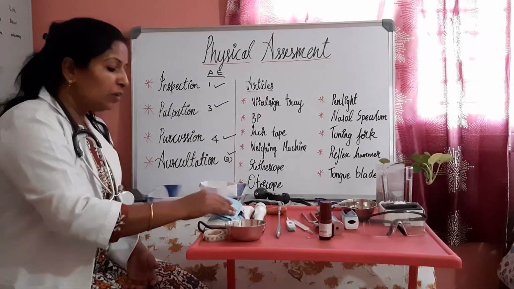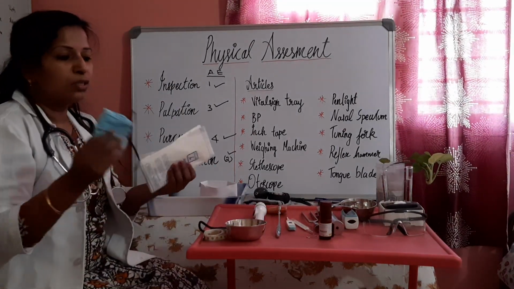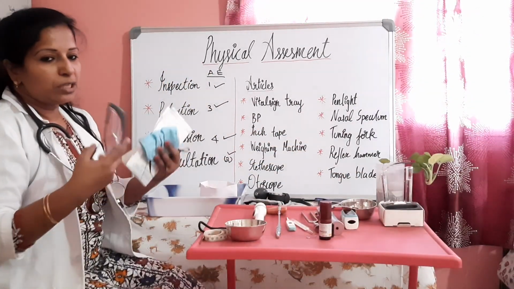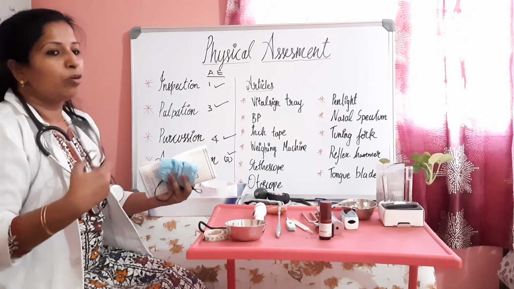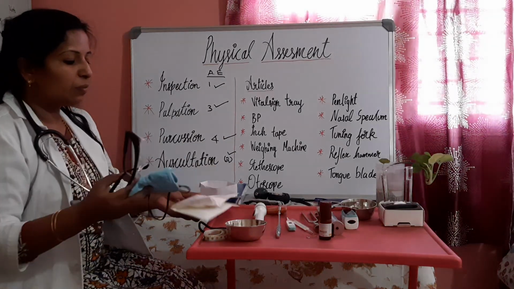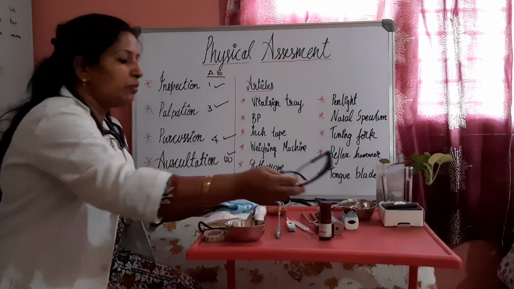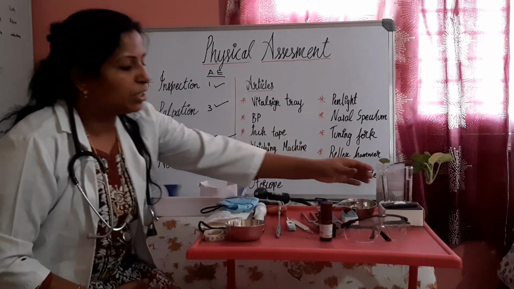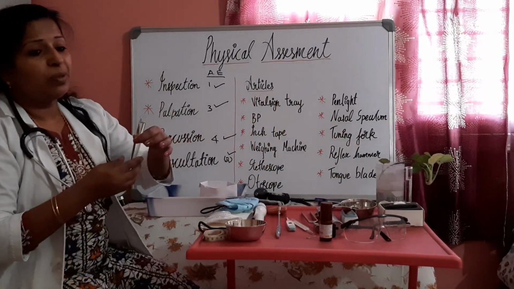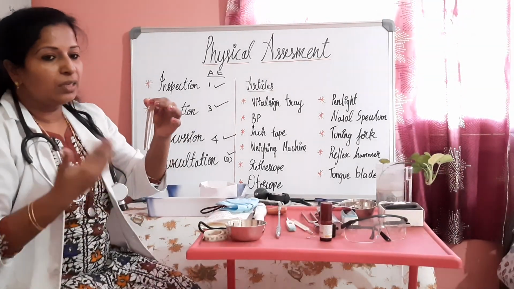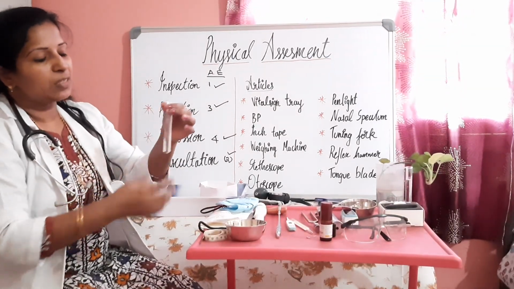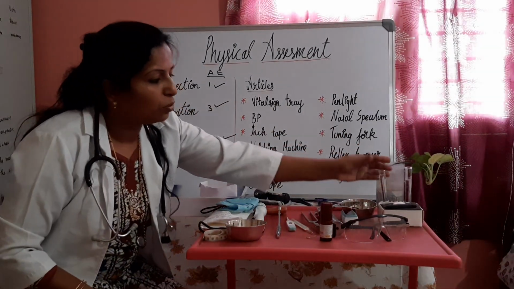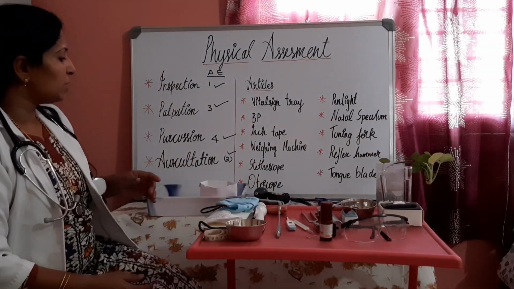Again, there can be a pair of gloves, a mask, and a face shield if the patient is contagious, because body fluids can spill on you. To avoid that, a pair of sterile gloves, a mask, and a face shield can be used. And to check the patient's sense of touch, whether the patient can feel cold water, to assess the cranial nerves, a test tube with cold water and hot water can be used.